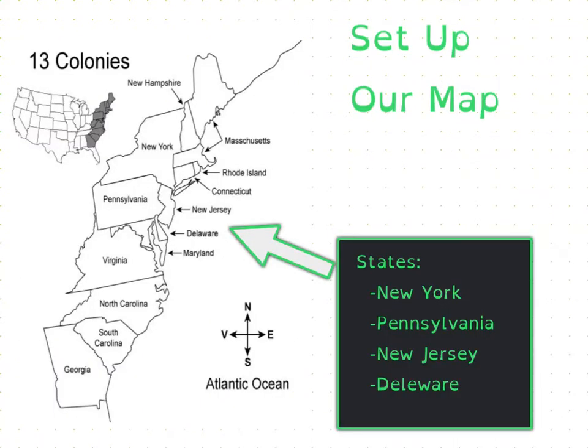All right, so first things first, we need to set up our map and get our colonies colored in. As you can tell by the theme of this entire thing, I'm using green for our middle colonies, and we are going to want to include New York right there, Pennsylvania, right here, New Jersey, this one right here, and then Delaware is just the little one right there. And I'm going to go ahead and color mine in